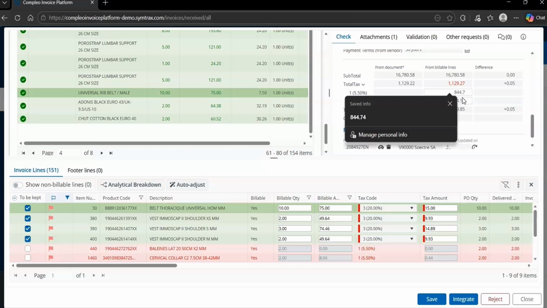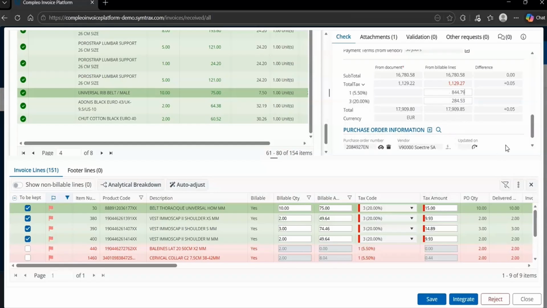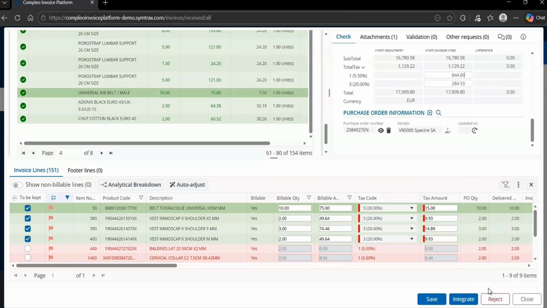Unfortunately for all of us, I modified it in the incorrect way. Rather than decreasing by 5, I increased by 5. So now there's a 10-cent discrepancy. Likewise, if I double down on that course of action, you can see the 20-cent discrepancy. Now let me fix that. There you go. There's no discrepancy between the PO and the invoice. So lovely. Now we can save and integrate it